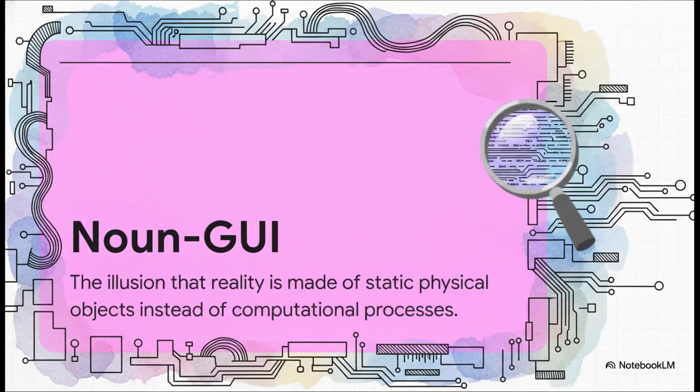To actually understand how the universe calculates your existence, we first have to strip away what the framework calls the noun UI. Think of it like a computer's graphical user interface. It's an illusion that tricks our human brains into seeing solid things, nouns, instead of the actual running code underneath. Because, frankly, if you tried to process the raw, uncompressed stream of universal logic in real time, your brain would suffer a massive buffer overrun. It's just way too much data. So, just to survive, your internal interface forces a projection. It compresses massive, high-dimensional verbs down into the low-dimensional shadows that we just call physical objects.